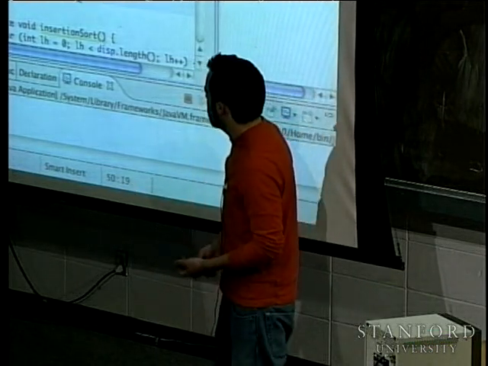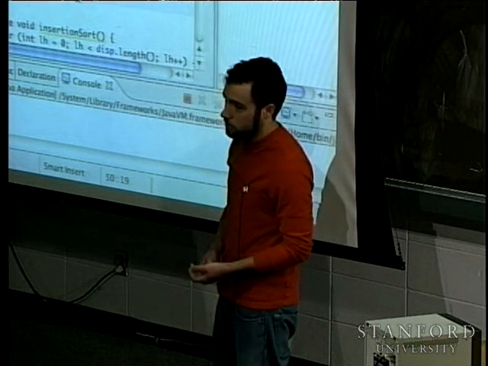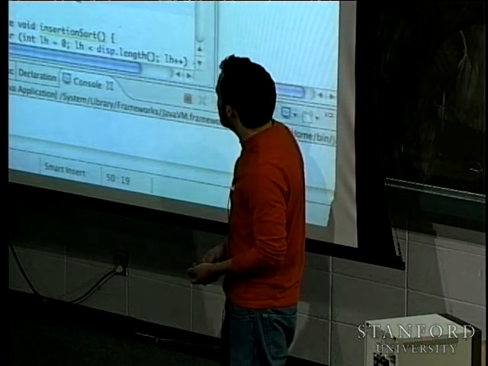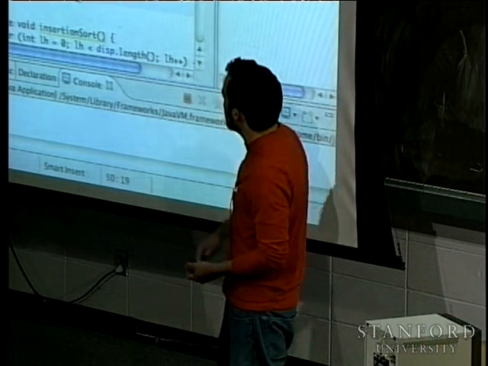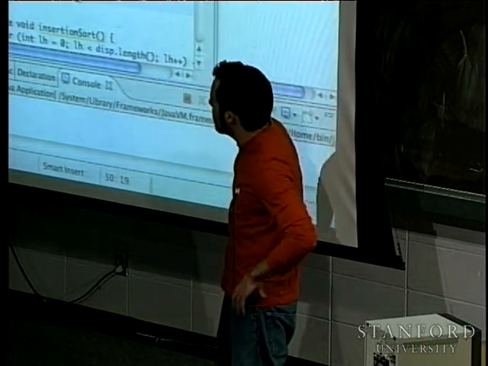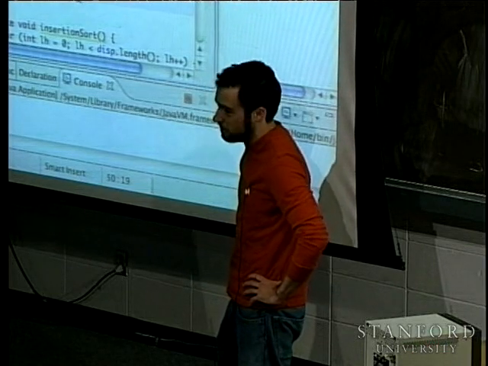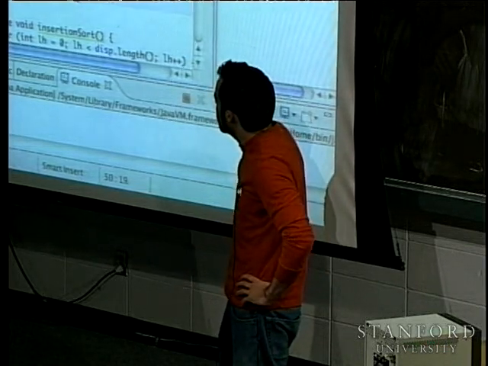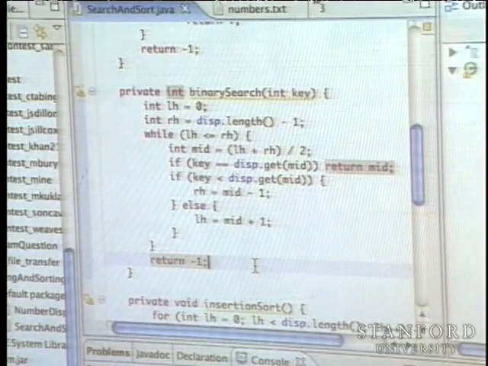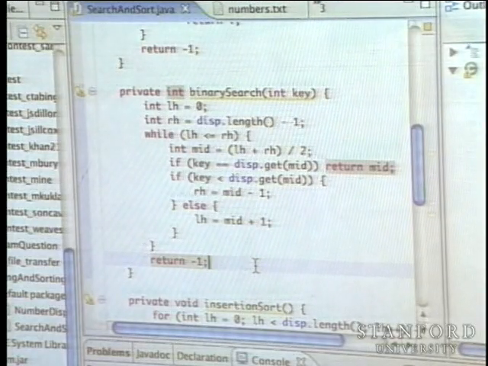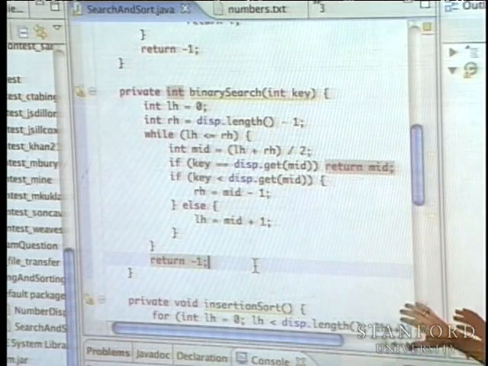But I've already spent too long talking about that. I would just throw it out as an interesting detail that after many years of using a binary search that looks exactly like this, only recently have people begun to realize that little problems like that can spell disaster with really big problems, really big sets of data. Okay, so anyway, that is somewhat an immaterial point.